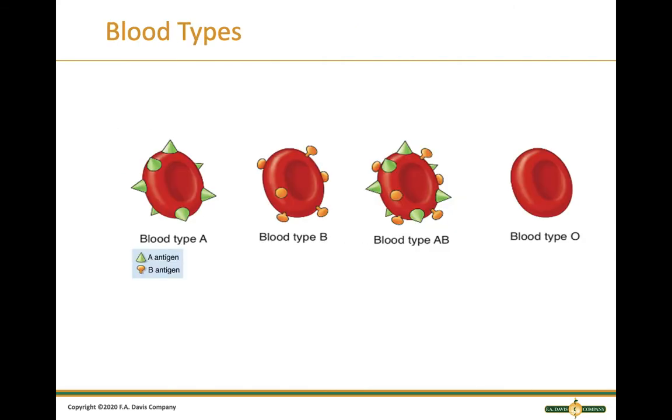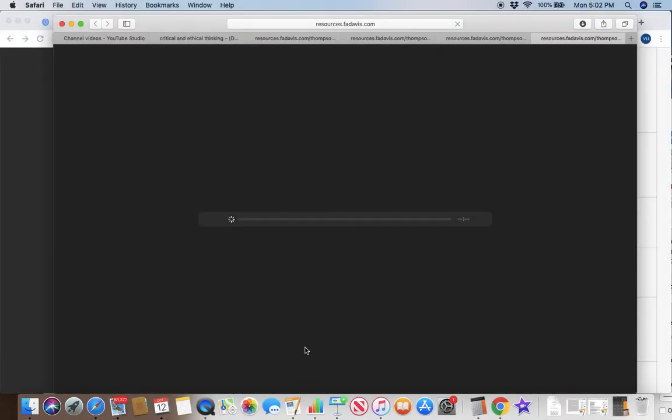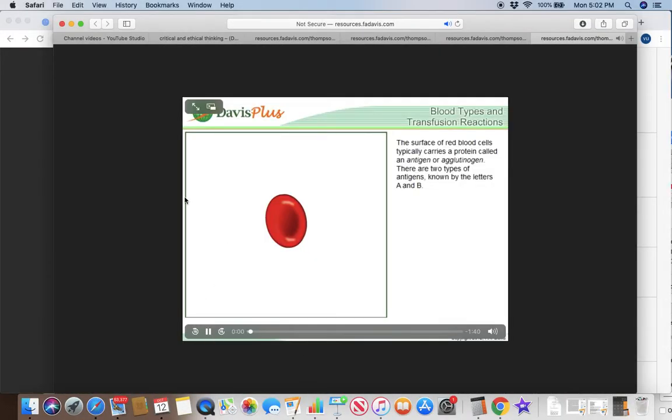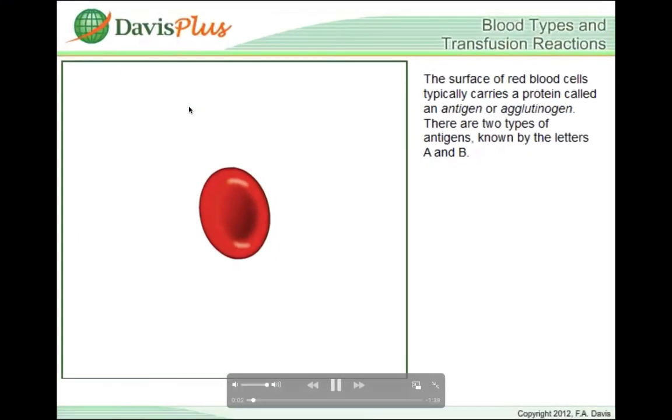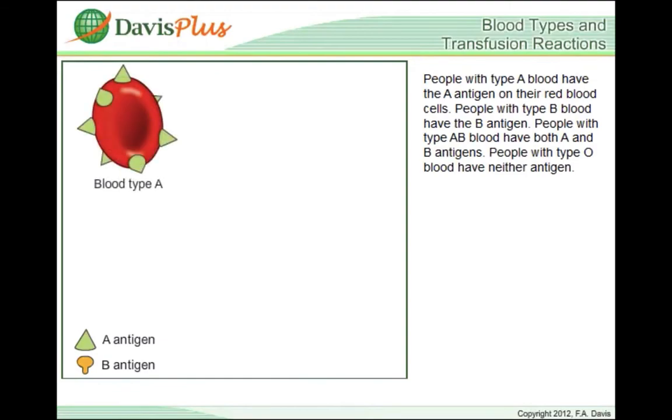Next, we're going to talk about blood types. And let's just go to the animation. The surface of red blood cells typically carries a protein called an antigen or agglutinogen. There are 2 types of antigens, known by the letters A and B. People with type A blood have the A antigen